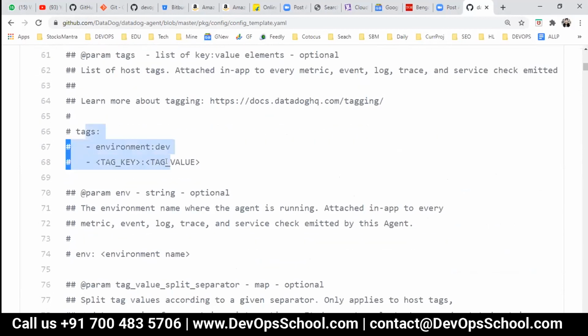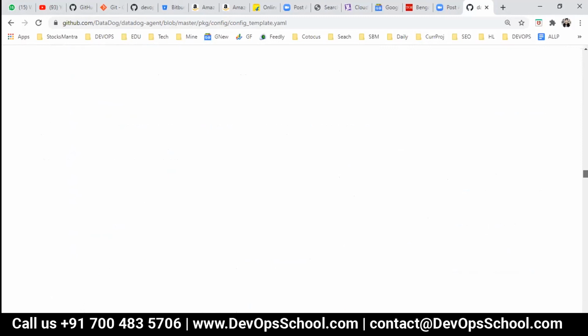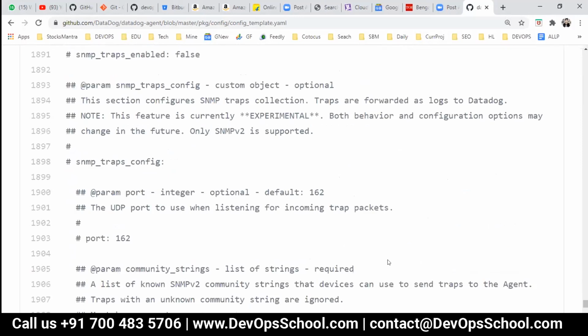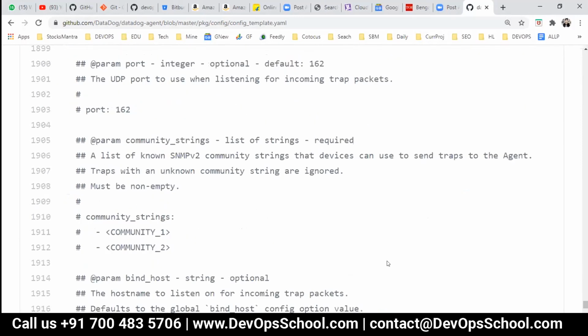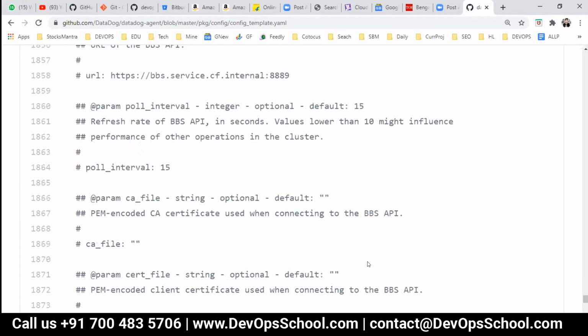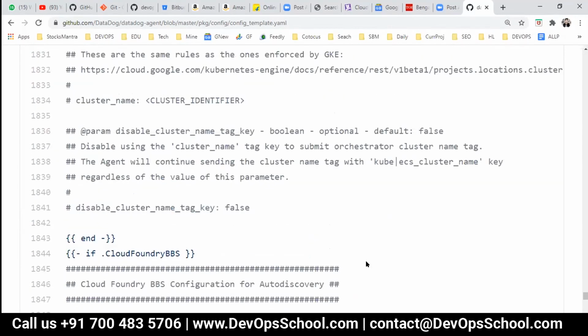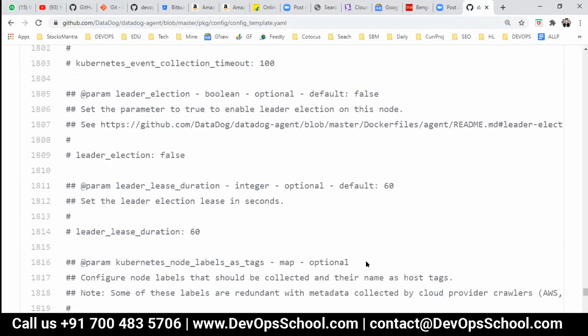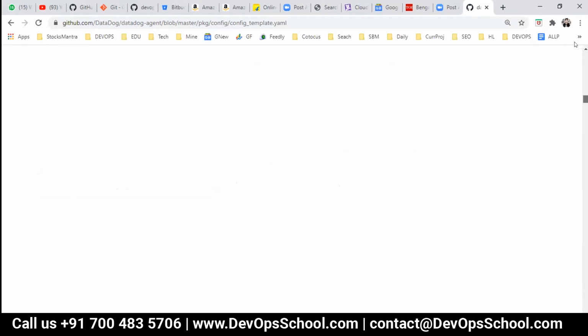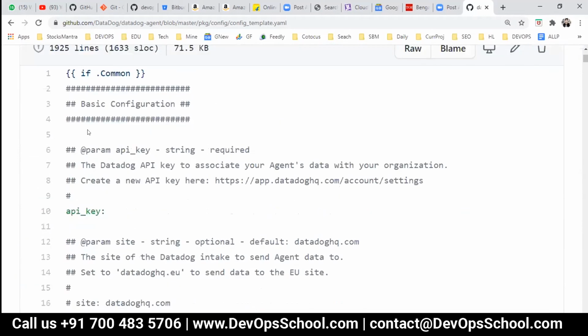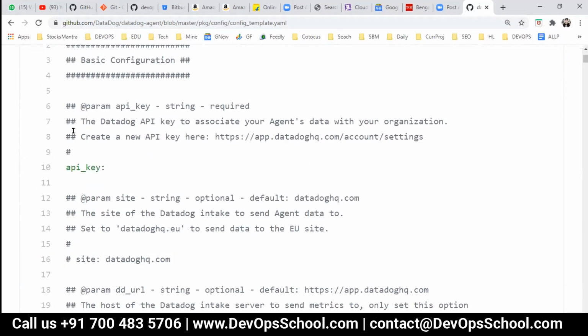Tagging you can enable. By default, you have an environment, and if you go to the bottom section of it, you'll see environment. By default, a production environment is enabled. Okay, so you can have all these environments. This is a stanza, we call it. So all these things you have in one stanza.